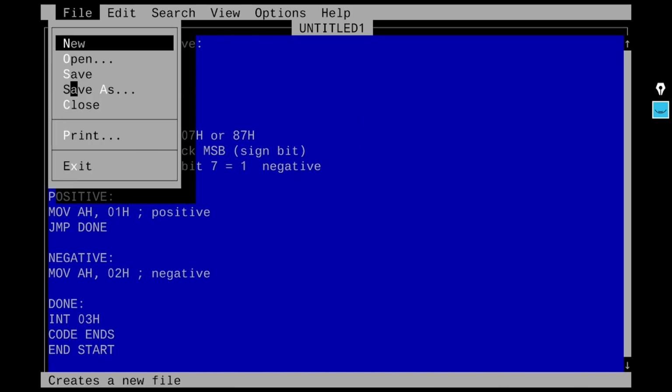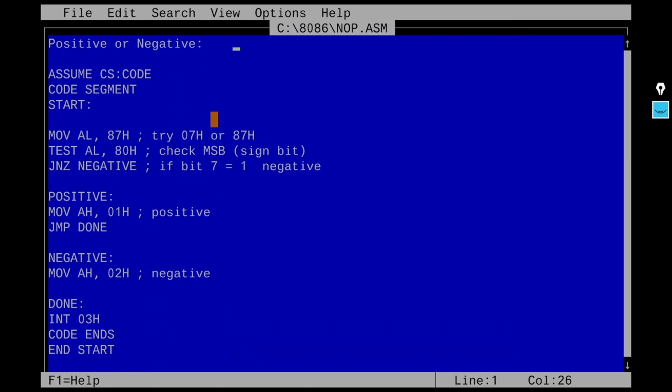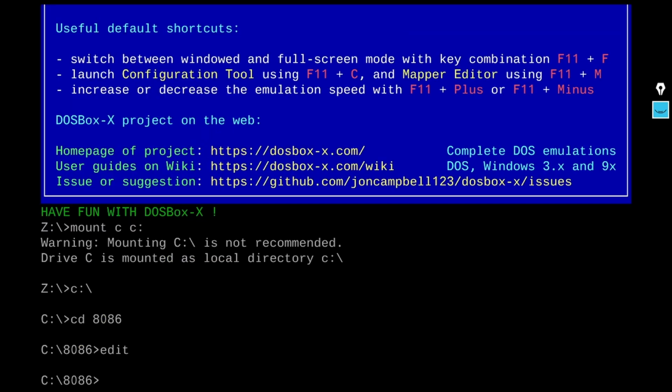Let us see that. So I'm going to save this as nop.asm, negative or positive. That's it. Now, file, I've saved it, I have exited it. Now, CLR. Now, what I'm going to do is create a link file with the MASM